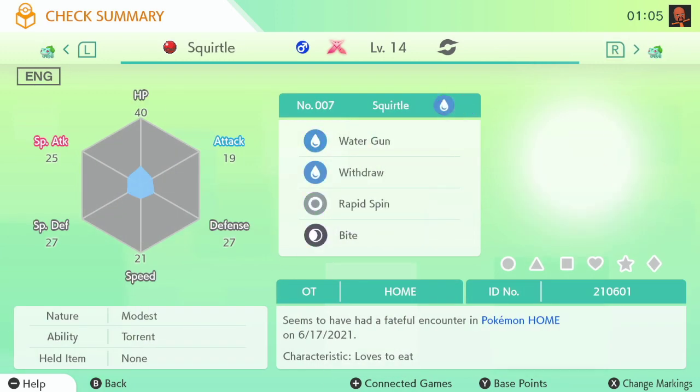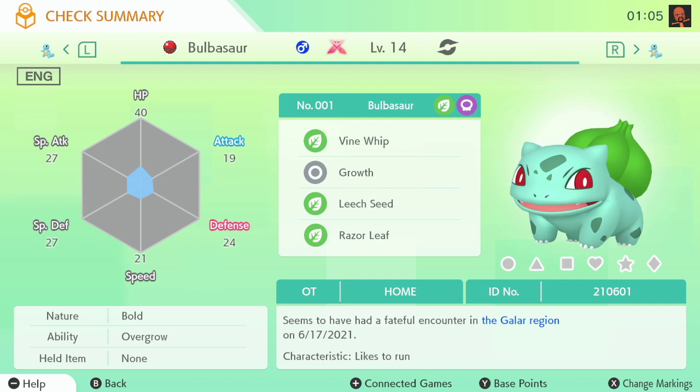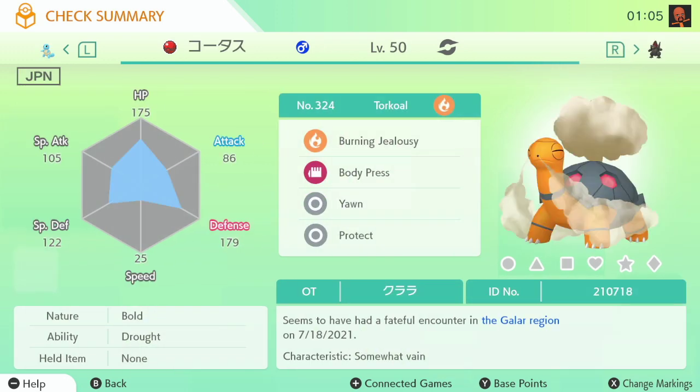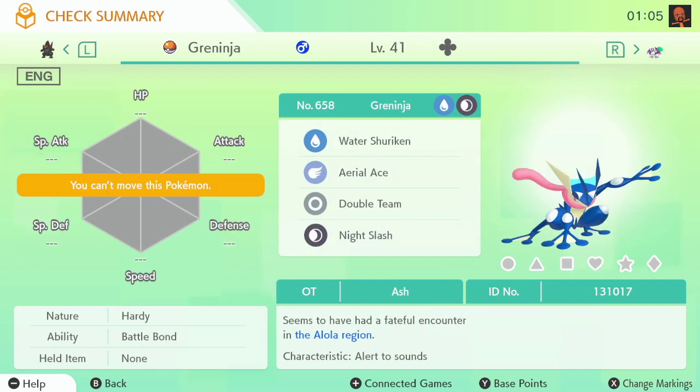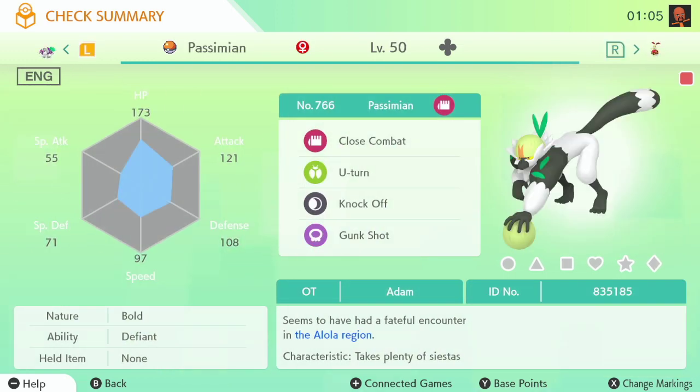I ended up getting 6 of these random max Bulbasaur and Squirtle. Because you can get them from Home, you can get them from Sword, and you can get them from Shield, and I have all 3. So I was like, why not? The Torkoal they just gave away, and then the 2 Colossals they just gave away. And then this is a little out of order, but I have Ash Greninja, and then 2 random...